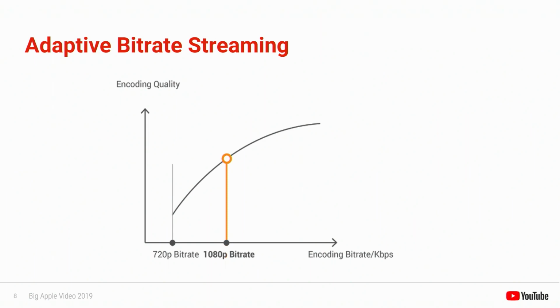So let's consider adaptive bitrate streaming of a video with just two different representations, a higher quality 1080p version and a 720p version, which will be served to clients without enough bandwidth to be able to stream the 1080p version. As a simplifying assumption for this example, we'll ignore viewport size and assume that all the devices are capable of displaying the 1080p video. Here is a rate distortion curve for the 1080p representation, with the chosen bitrate target indicated by the orange line.